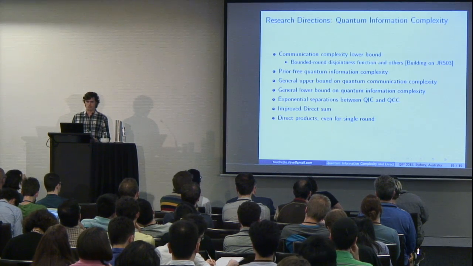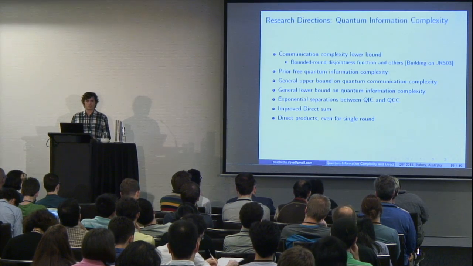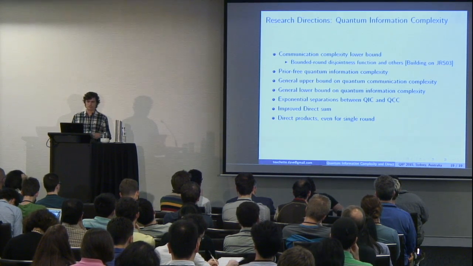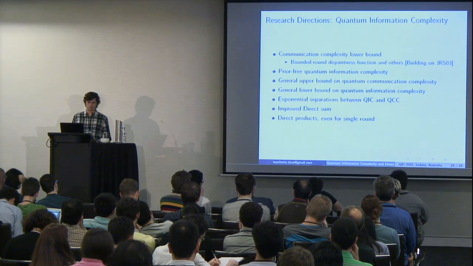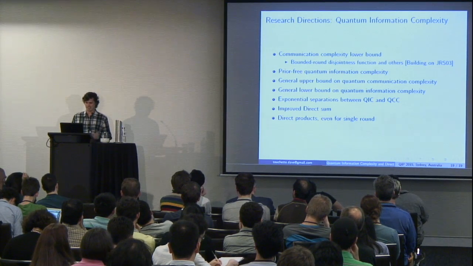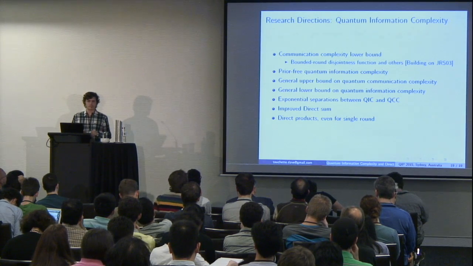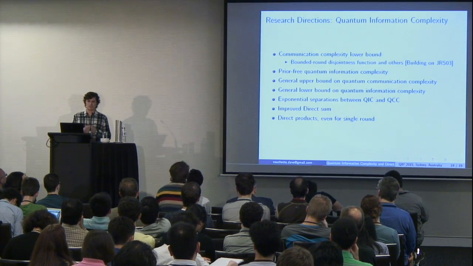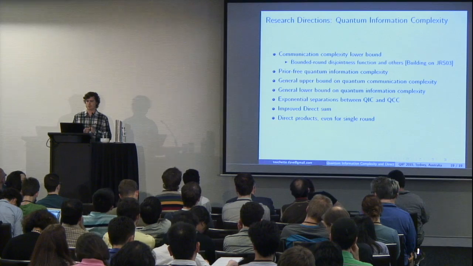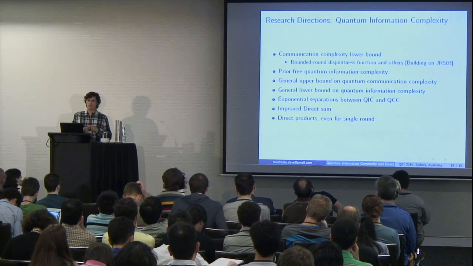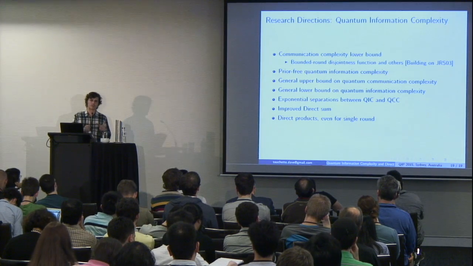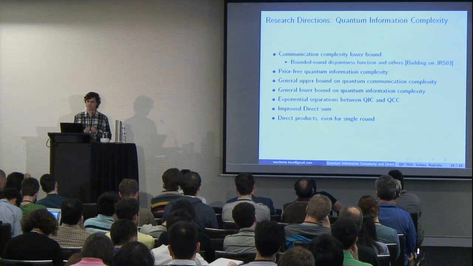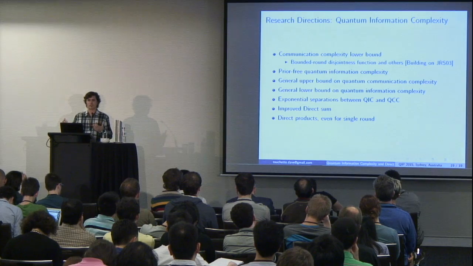All right, and so there are still a lot of interesting open questions in this research program. The first interesting question would be to try to obtain tight communication complexity lower bounds. Is it possible to build on the work of Jain, Radhakrishnan and Sen and obtain a tight lower bound for bounded round quantum communication complexity of the disjointness function,